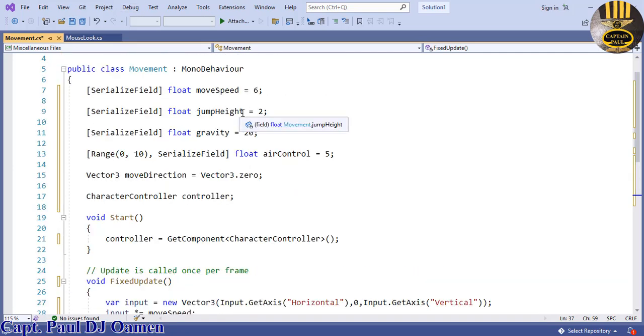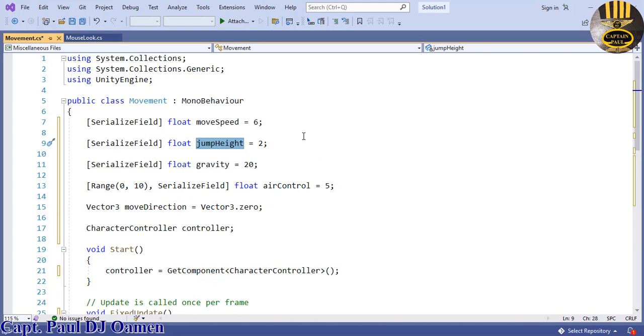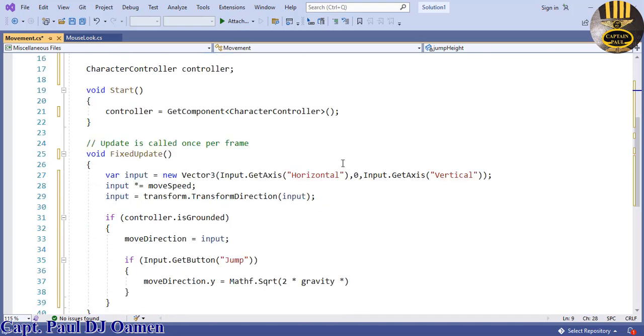That is the variable right here, jumpHeight. Grab all of that and just paste that right there, enter semicolon here,